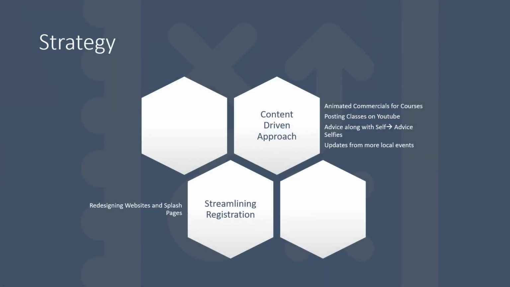So now the strategy highlights how am I going to do it. So we just covered why we're doing the campaign, right? So the strategy is really focused on how are we going to get from point A to point B. So the first aspect that we take into account is a content-driven approach, which means that the primary way to get